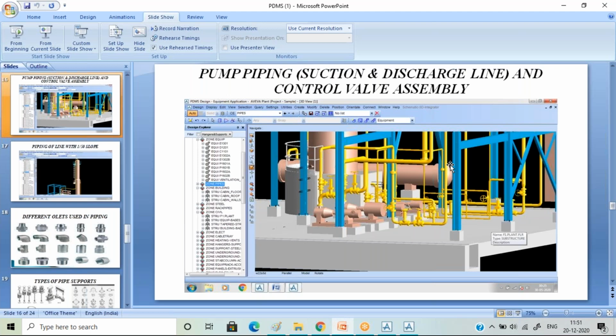Okay. And whenever we are piping, a very important thing is, when we get into the basics of piping, the first thing that comes into our mind is how we are going to support our piping. So supporting your piping has to be very clear. Whenever you are modeling your pipes,